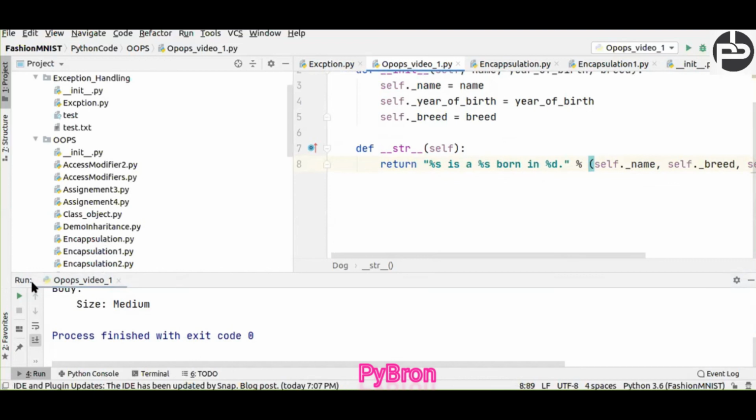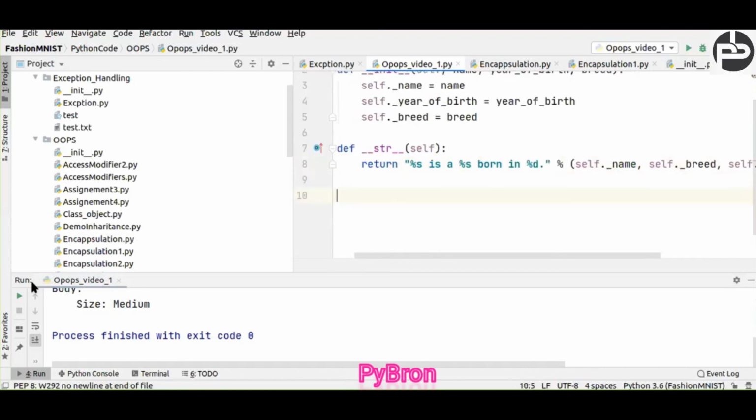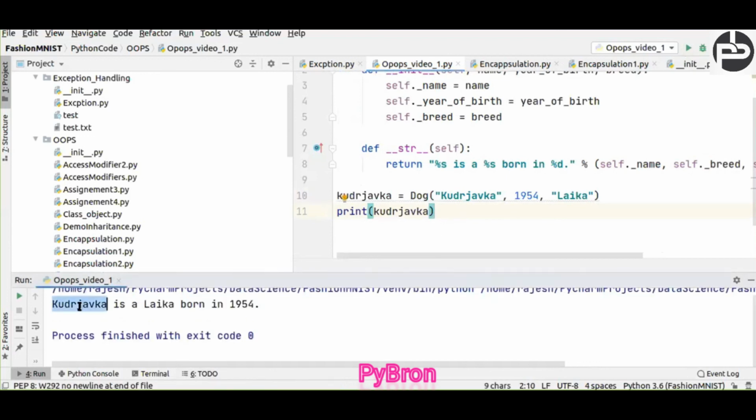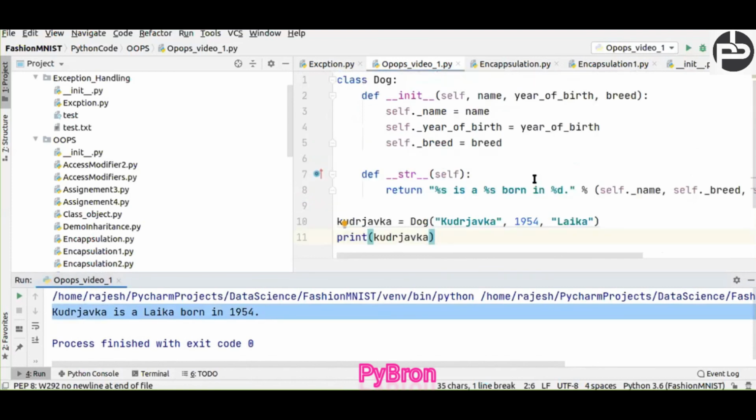Now I have to initialize the object of Dog, and basically defining the object means calling the constructor. Now let me execute this code. Yes, I can see the output. This is known as dynamic encapsulation.